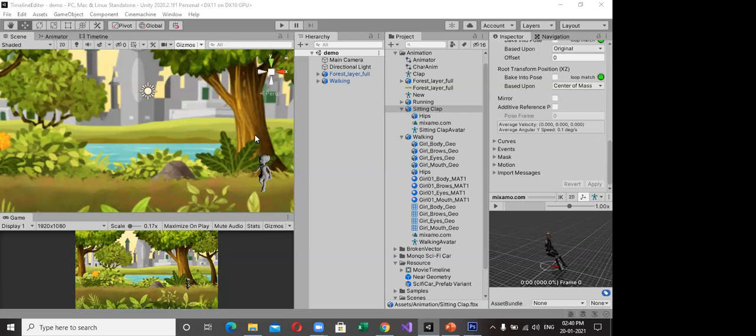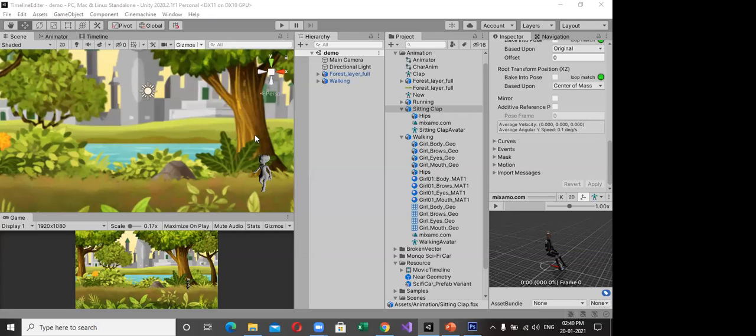So layers can help in creating different animations. In your animator, layers help to mix up and mask your bones, mix up more than one animation, and also transfer one animation to another animation. For example, in layer one they have set up an animation, and in layer two there's another set of animations. So using the layer mask helps to transfer one animation to another and also mix up two animations.